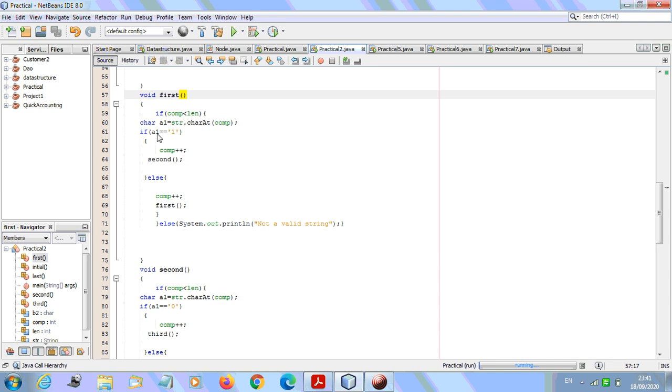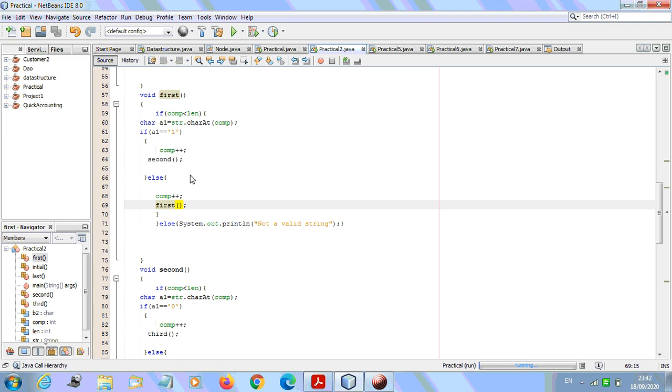If the input given by the user is 1, then what will happen? We are going to increment the value of index by 1 so that we can read the next input, and we move towards the second state, and it will be Q1 itself. If the input is not 1, we will move towards else, and it means we are going to get 0, because the input string comprises 1s and 0s only. Again, we increment the index value of the string, and we stay in the first state itself. It means we have a self loop over there.